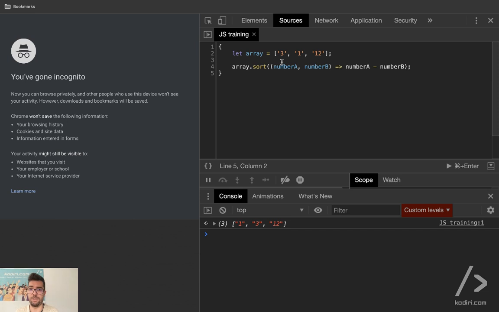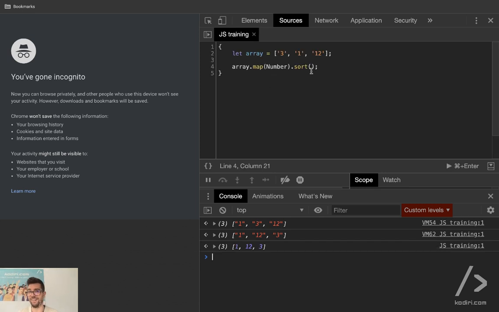Correct. If we don't pass any argument, I agree. Yeah, it should be converted. So you have two options. Either you leave it as strings, which I still strongly believe, even though it works, if you do it without that, then it won't work. Yeah, but if I do dot map number,